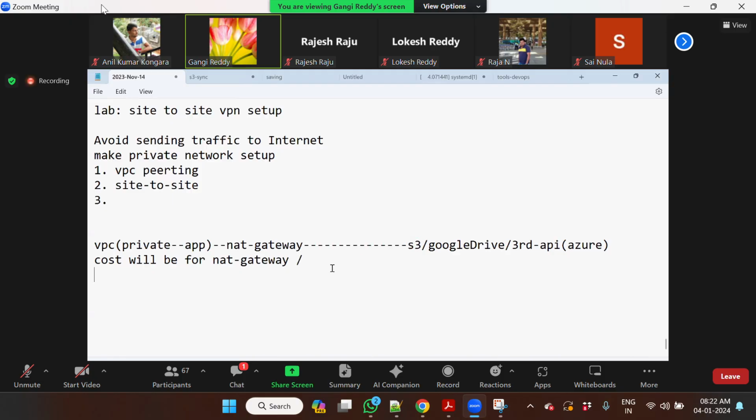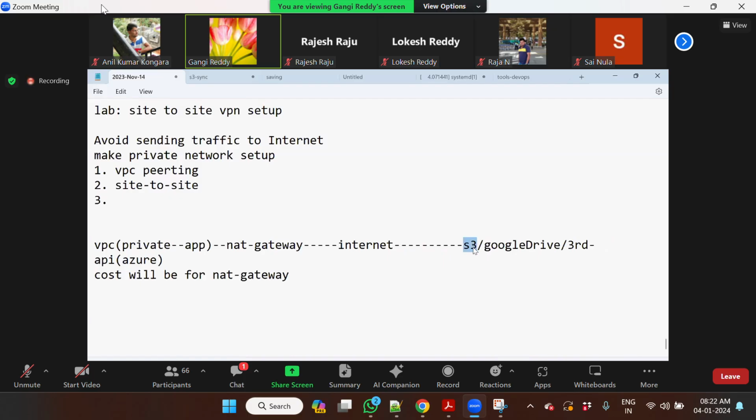For which service? S3. Since S3 is an AWS service, I don't want to send my traffic via NAT gateway to the internet. They have given one option for only these services, for S3 and some AWS services only. You cannot do Google Drive or third-party APIs. All this obviously has to go via which component? NAT gateway. You don't have another option. There are other AWS services also you can make. I don't want to send via this guy. I want to send via a concept called